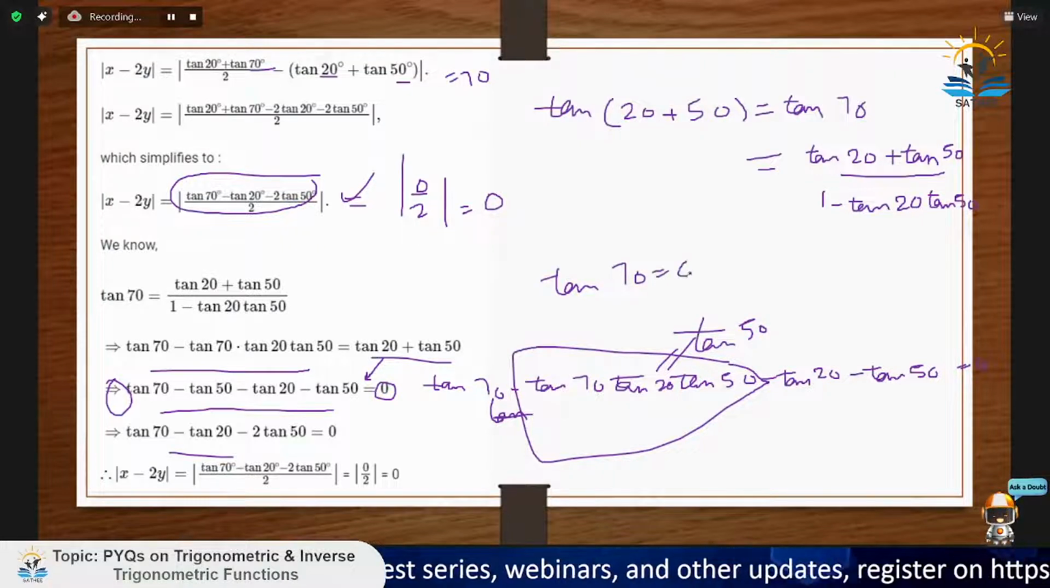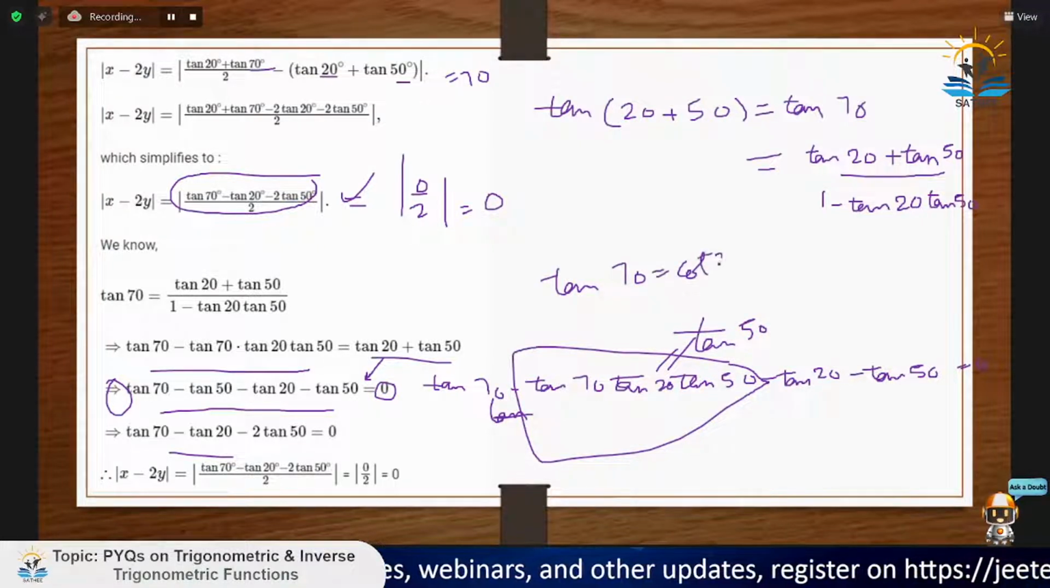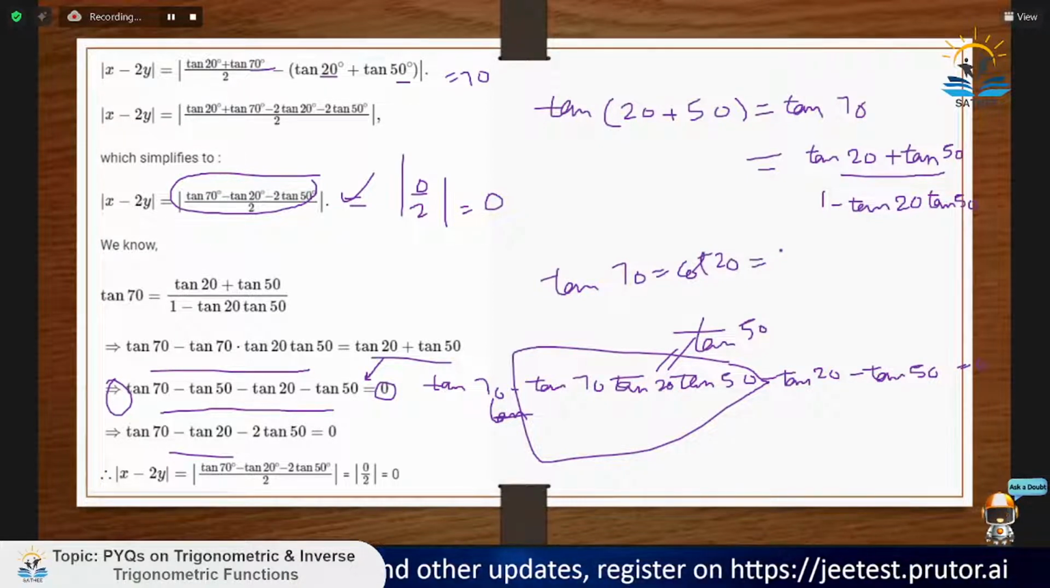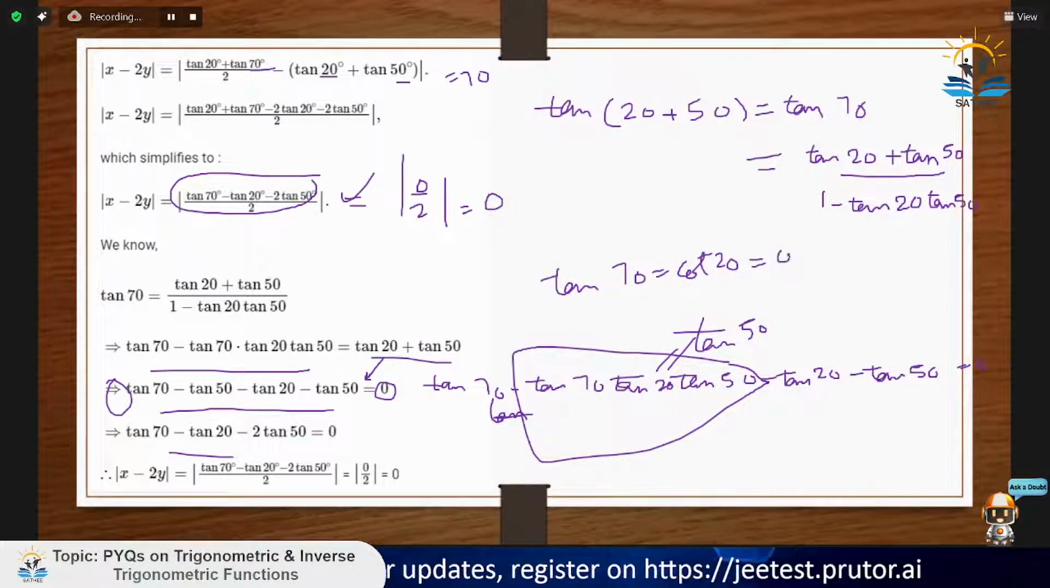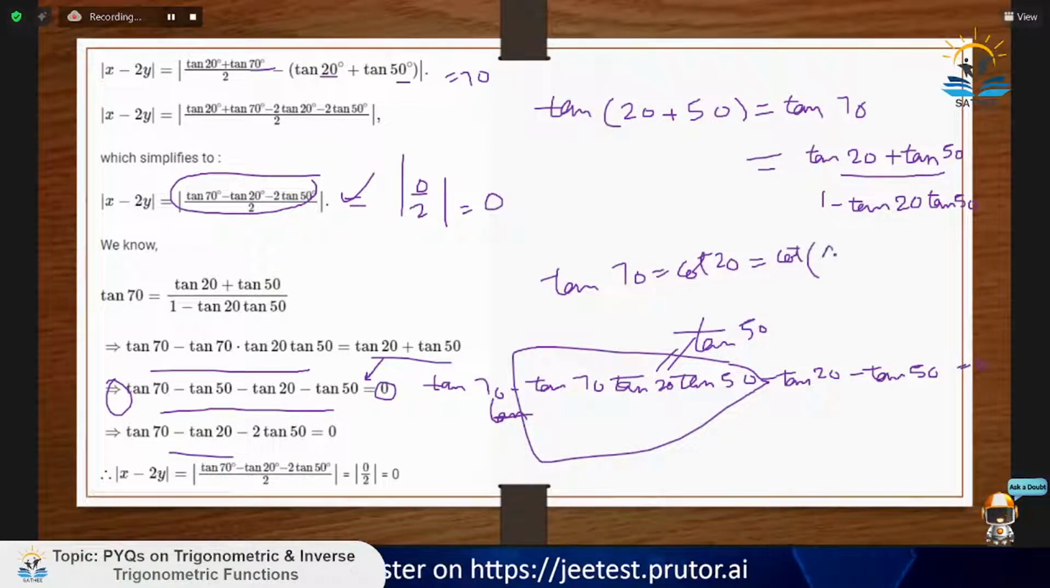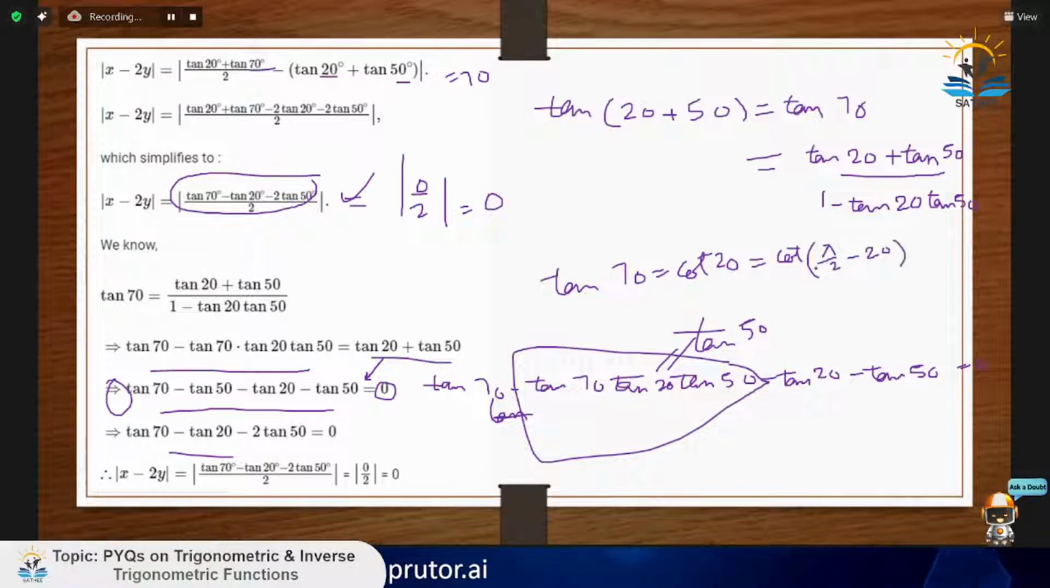cot 20. Why so? Because cot 20 is nothing but cot of pi by 2 minus 20 degrees. And you know that this is the first quadrant, and in the first quadrant all the angles are positive, so tan is also positive, and cot of pi by 2 minus 20 is cot 20 degrees, tan 70 degrees. Basically this thing is tan,